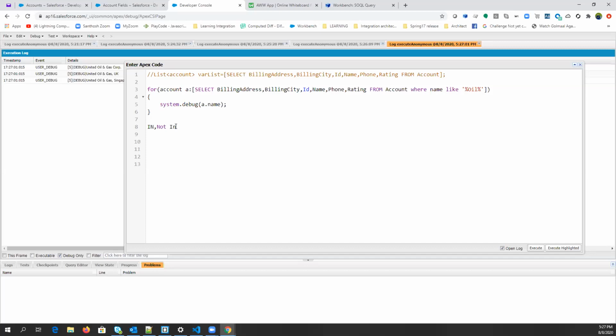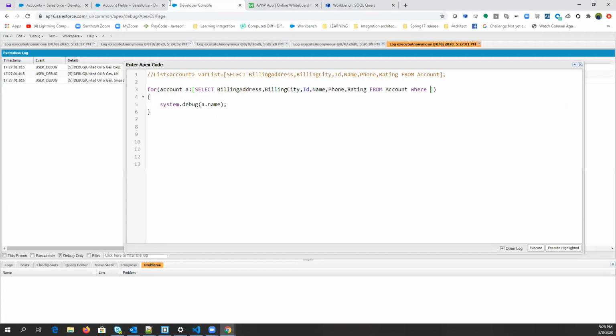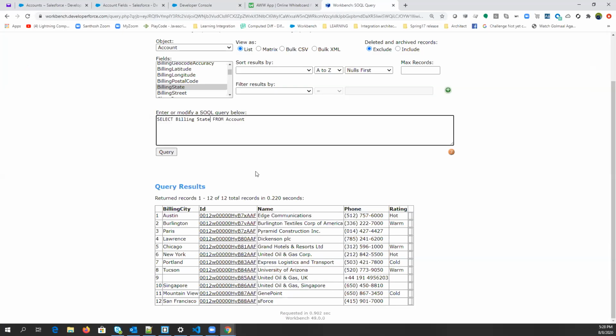In a set of values. Actually, IN is used to check whether the data we are fetching is in a particular set of values or not. Correct. We have used AND earlier, right?